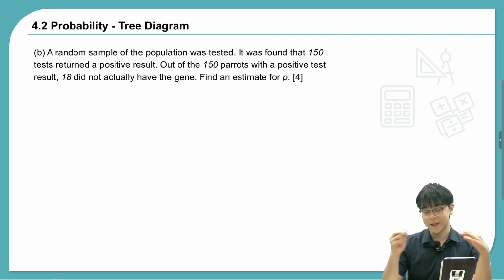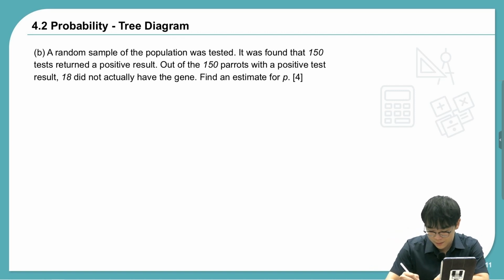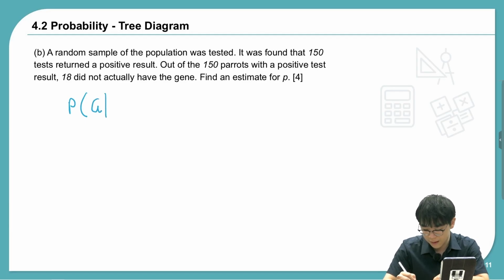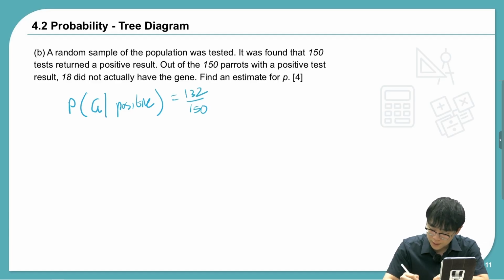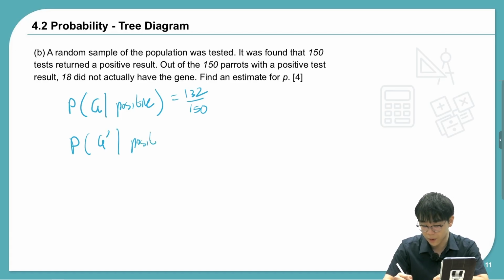So we want to see the big picture, because what we're saying is the probability of the parrot having the gene given that we got a positive result is 132 over 150. And the probability of the parrot not having the gene, even though it got a positive result, is 18 over